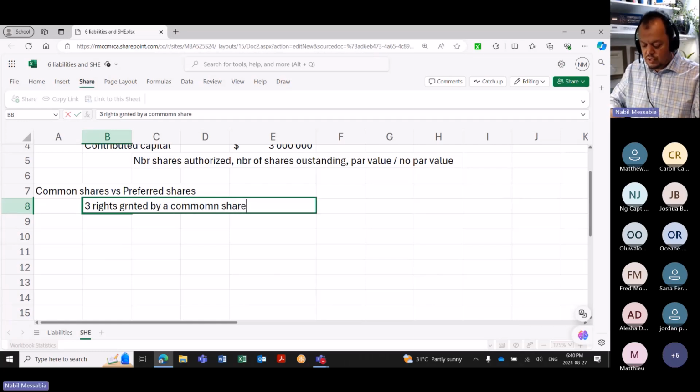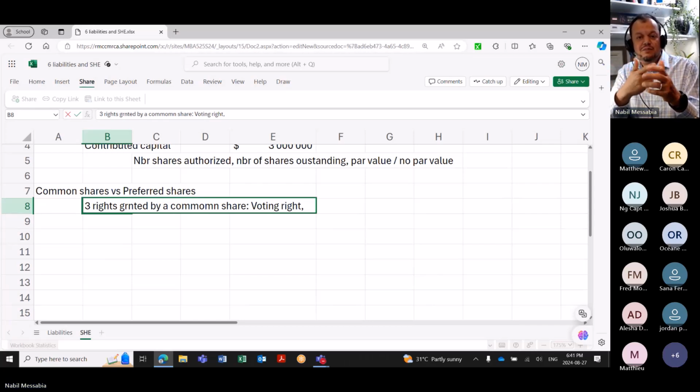And those rights are what? Voting rights. What else? As an investor, if you hold the common share, what rights are granted by that common share? The right to vote in the General Assembly, the general meeting of the shareholders, and right to